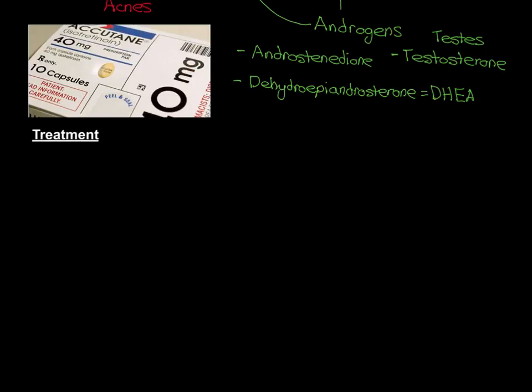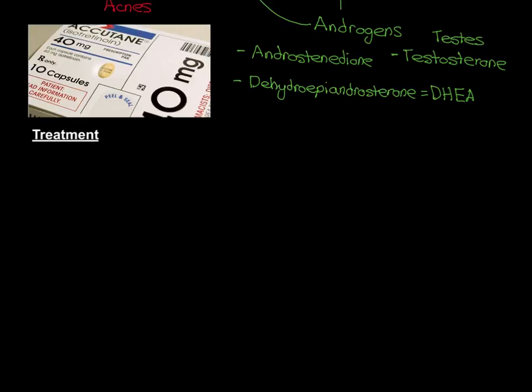Now, I've said them in that order for a reason, because that's the order we're going to discuss them. When it comes to the treatment of acne, we talk about the fact that there is a treatment ladder. And this ladder is the order in which you work through treatments. So if you develop acne as a teenager and you go and see your general practitioner, your GP, for treatment, they will start you on the first treatment of this ladder, and if that doesn't work, they'll move you on to the second one, and so on. They work their way up the ladder, or at least they try to work their way up the ladder. So we're going to discuss the ladder from bottom to top, because that's the order in which you'd actually work